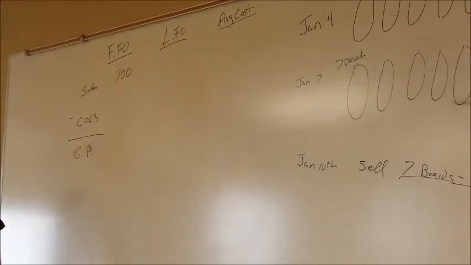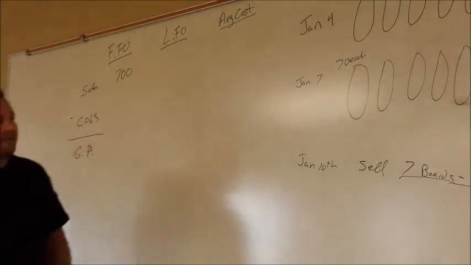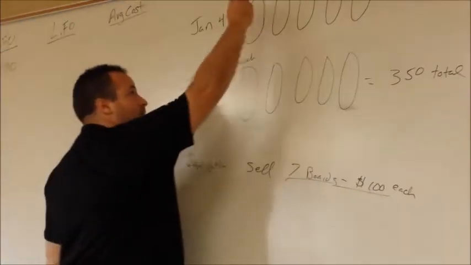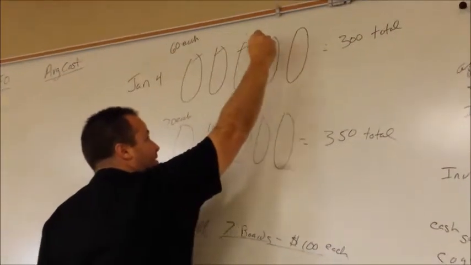340. 340? 420. Because you used the $60 each. Oh, almost 420. Just 400? You were on the right track, I think, but you're almost there. 440? 440. Yeah. If I do FIFO, first in, first out, that means I sold these guys, they are all gone,